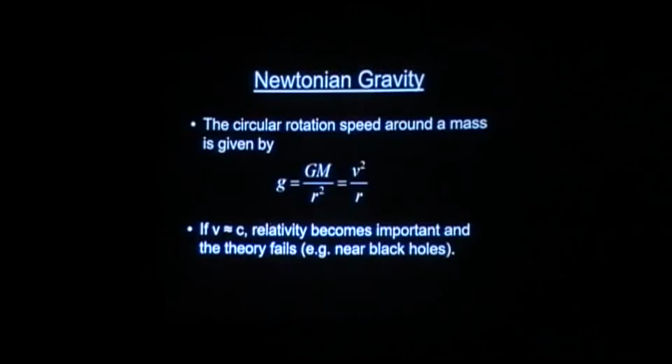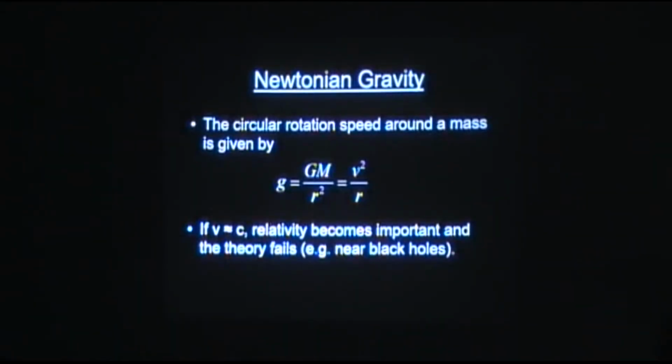So first of all, to give you an idea of how Newtonian gravity works, in the outer parts of galaxies you can treat them as a point mass, and the equation is very simple: the gravitational acceleration is equal to the centripetal acceleration. You need to keep something moving around the circle. Okay. So this leads to v decreasing with r. Now this equation, we know that it doesn't always work, right?